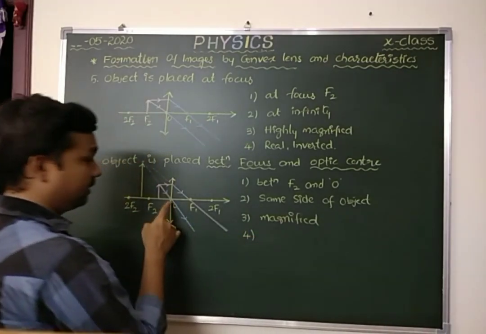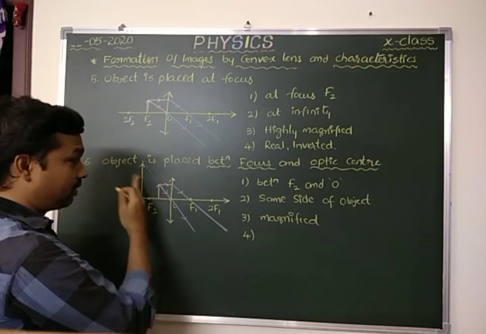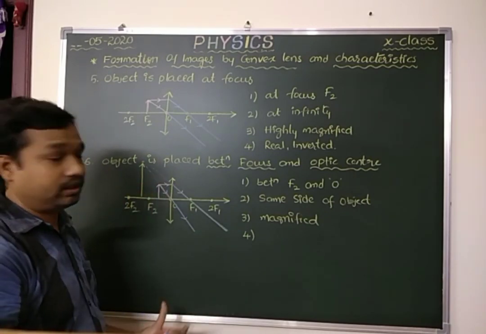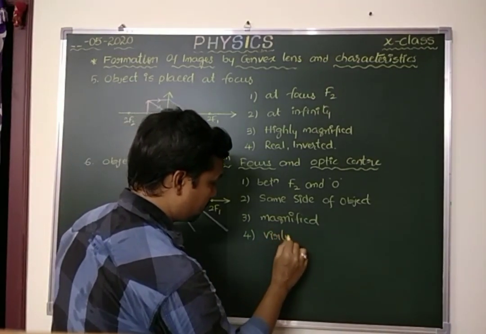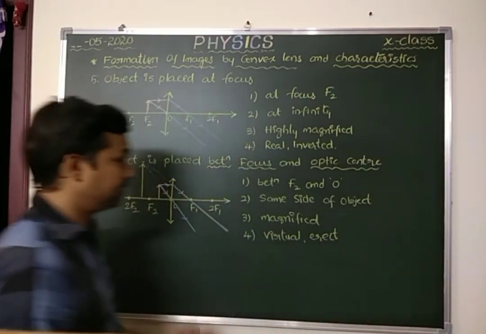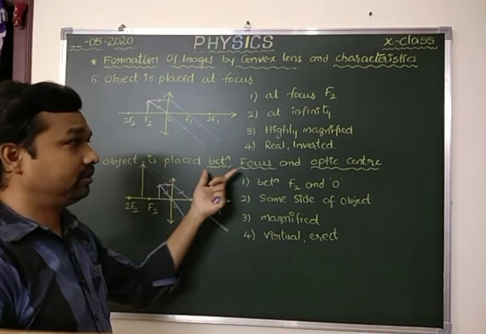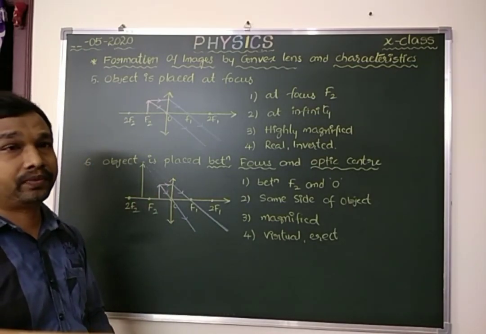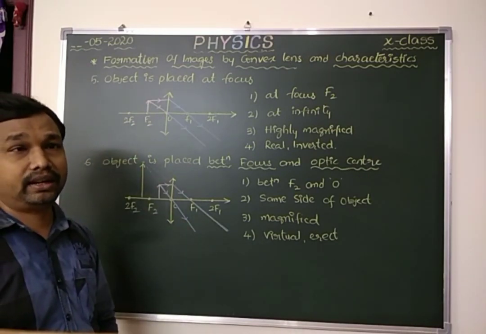And what is the nature? Actually these two light rays are not directly converging, and the image is forming behind the lens, inside the lens. We can't catch it on a screen. So such a type of image is called a virtual image. Virtual image, always erect image. Erect image means upright image. This is what we get when the object is placed between focus and optic center. These are the ray diagrams which we get by using three rules. This is the formation of ray diagrams by using